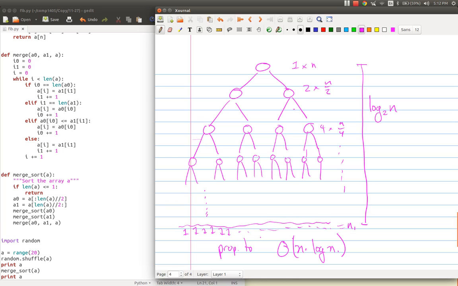Count how many zeros there are, count how many ones there are, write out that many zeros, and then write out that many ones. Because in the end, that's what this sorted array is going to look like, a bunch of zeros followed by a bunch of ones. So actually, sorting integers, that's a trivial example, but sorting integers can be done faster than n log n,